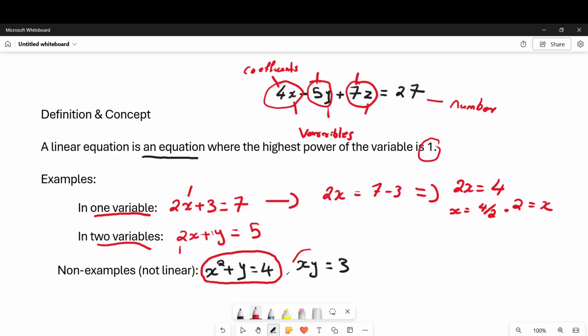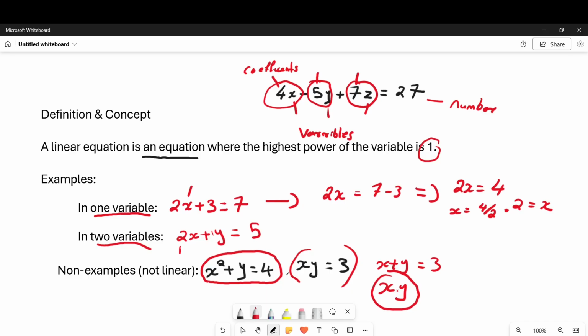This is also not a linear equation. Why? Because of the product; if it were the sum equal to 3, then it would be a linear equation. When we write xy, it is not a linear equation, because the product of two variables doesn't come under the linear equation set. You need to keep in mind, a linear equation is an equation that can be written